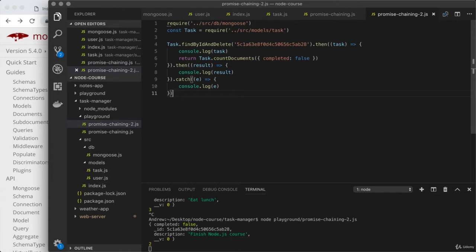Async/await is going to play a major role in the Task Manager application. We'll be using it in every single route handler. So I want to take time and make sure we understand what's going on before we focus on integrating it into existing code. So to start, once again, with a new syntax, we're going to create a new file in